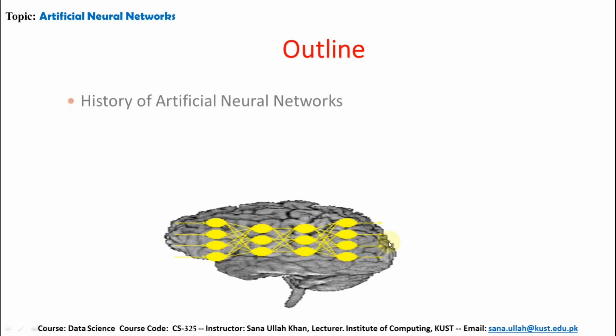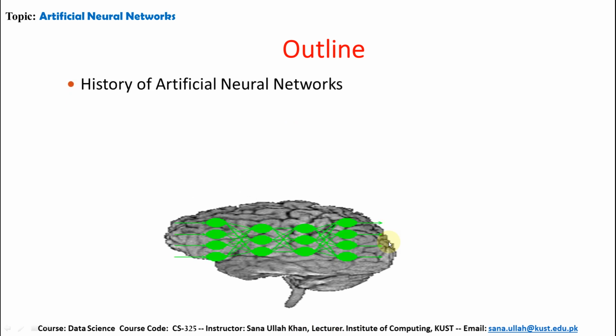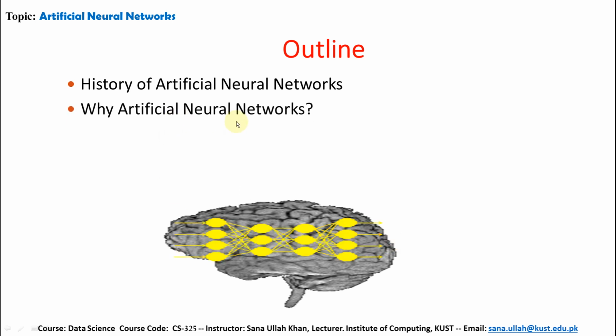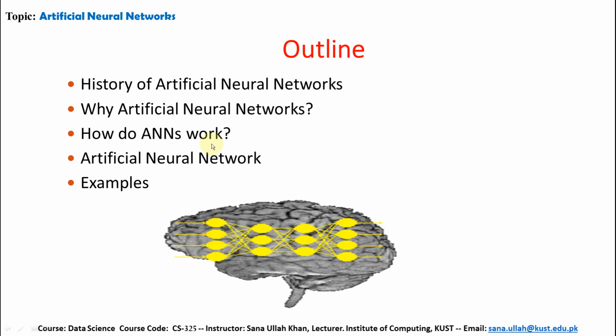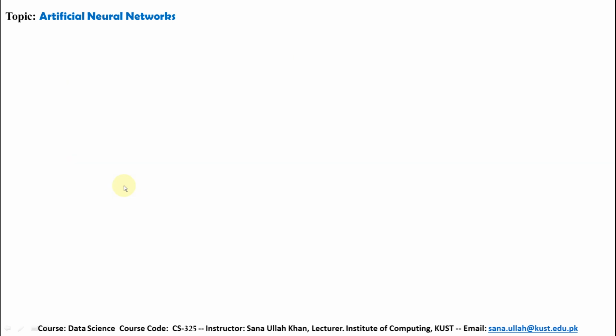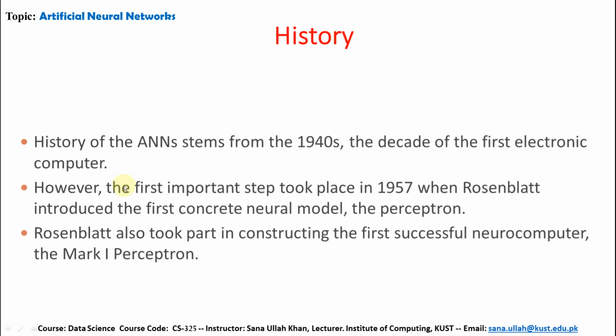So this is the outline: history of artificial neural networks, why artificial neural networks, how an artificial neural network works, what is an artificial neural network, and then examples and last some summary. So history